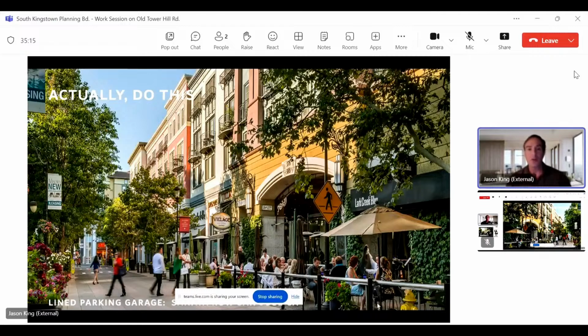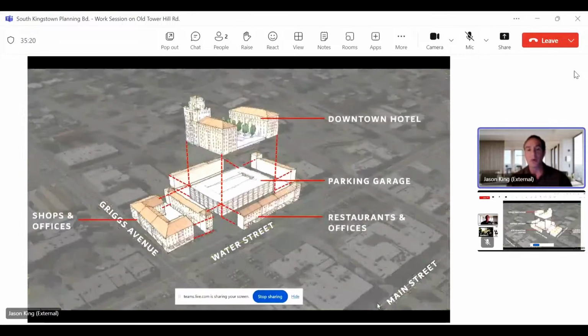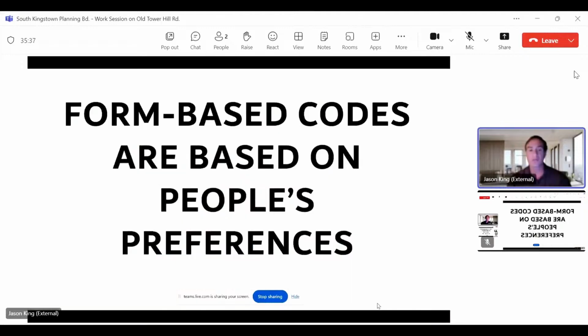Ideally, the parking garage would disappear entirely. Ideally, the parking garage is surrounded by a series of liner buildings, and these liner buildings hide the very existence of the garage. So this is sort of what the San Jose model looks like. You have a couple blocks where this would be large enough to manage in the Tower Hill area.